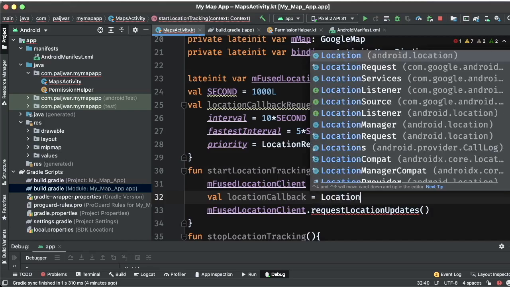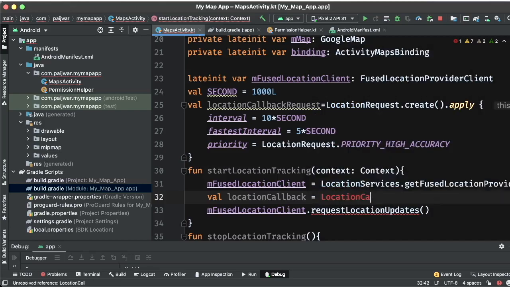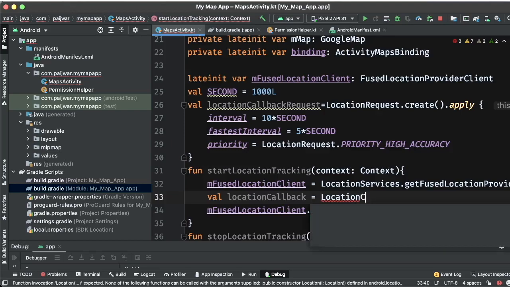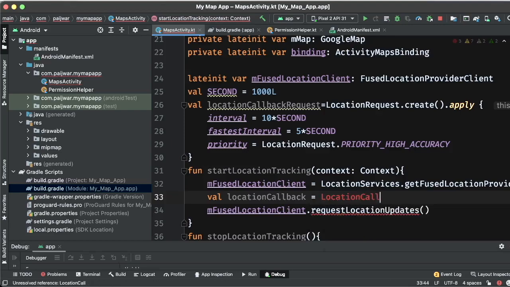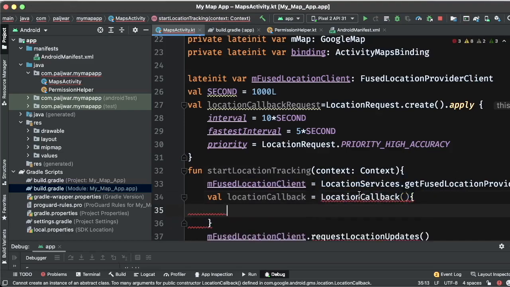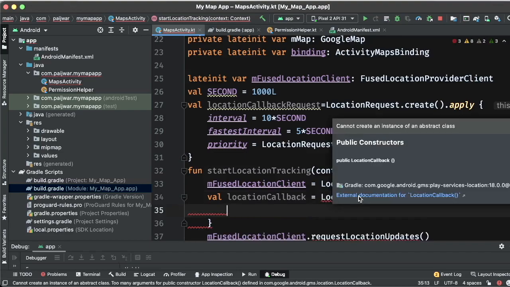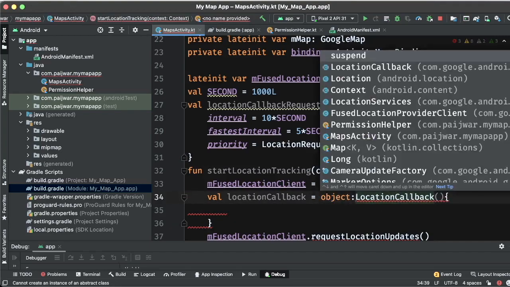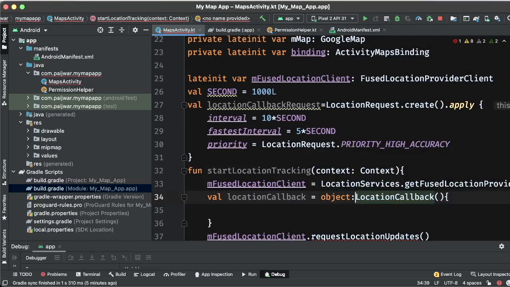There is LocationCallback, import LocationCallback is the method that we should be using, it says. Maybe it's an interface that we need to define.